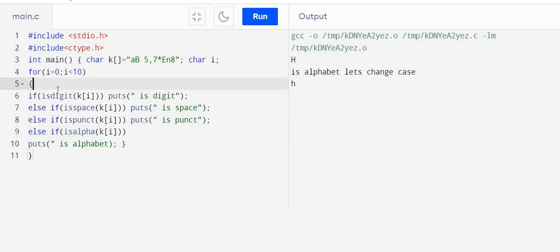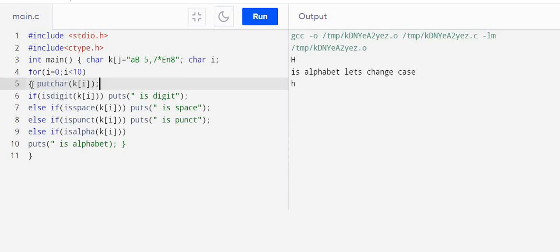Now the character we should place here so that it will be easy to read the message that this character is a digit, this character is like this. So putchar. Which character do we have to put? The same k[i]. So first place the character and then give the message that it is a digit or space or whatever it is.